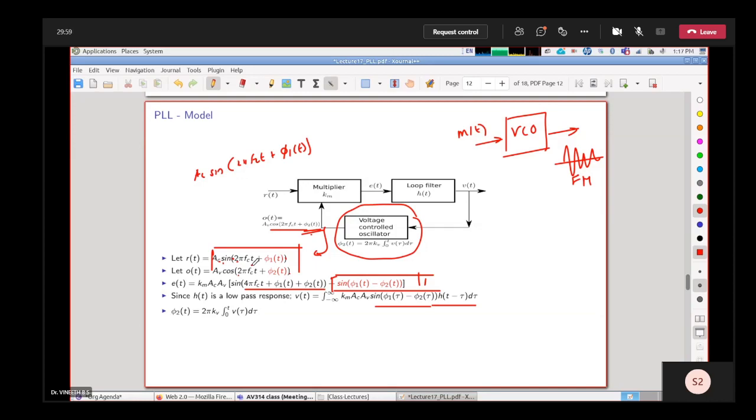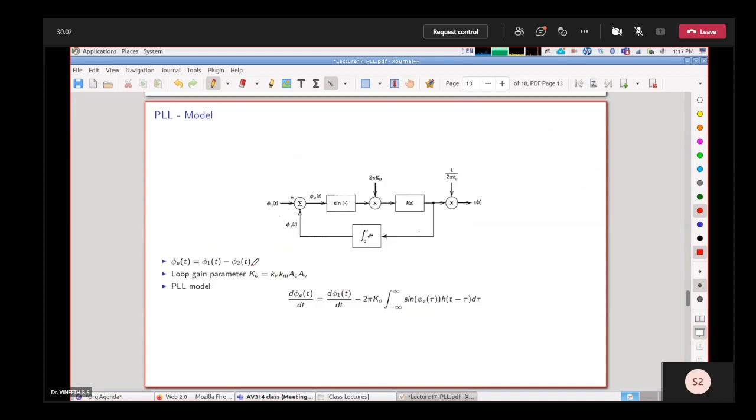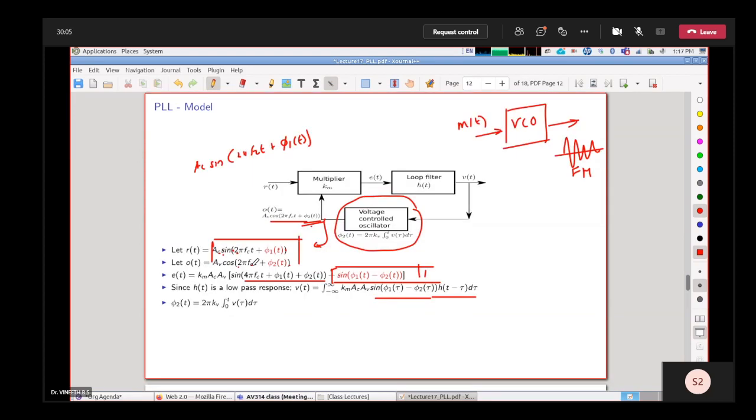Okay. So now, we understand that there is a steady state operation for this loop when phi1 of t and phi2 of t are equal, right? So nothing bad happens to the loop when phi1 of t and phi2 of t are equal. In that ideal state, the loop works. The loop doesn't make phi2 of t grow large or anything like that when the loop lock conditions are satisfied.